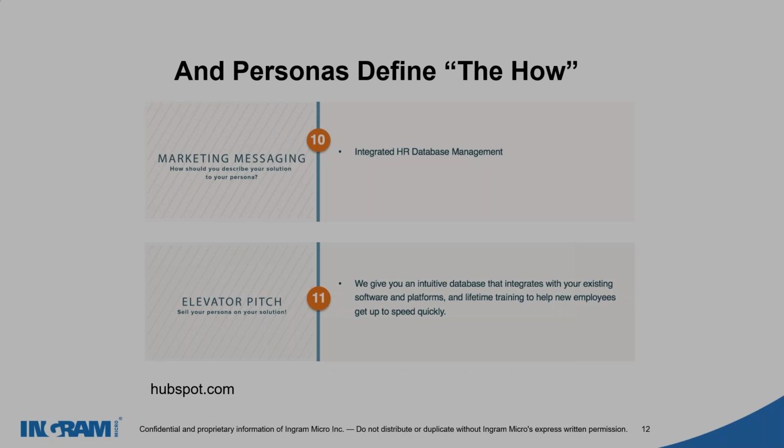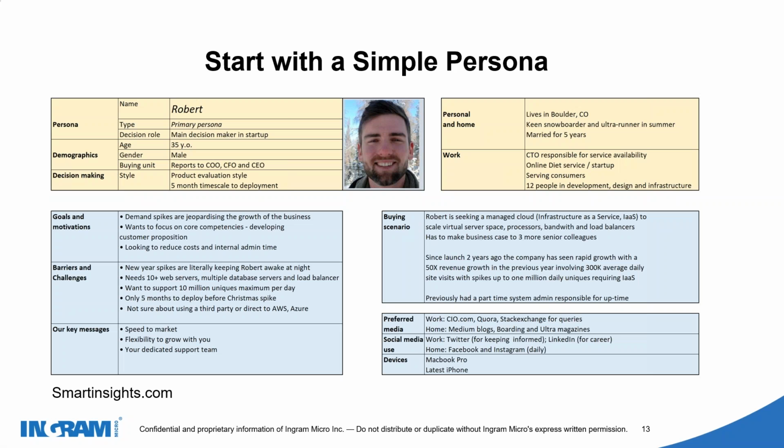what does this look like? The simplest form is what you see on the screen here, and the templates come from smartinsights.com, another good website for learning. And as you can see, it's pretty straightforward. You can start off with just an Excel spreadsheet or a Word document, have these key headings, and you can refine the headings to what you want, and you can build it out from here. And just remember though,